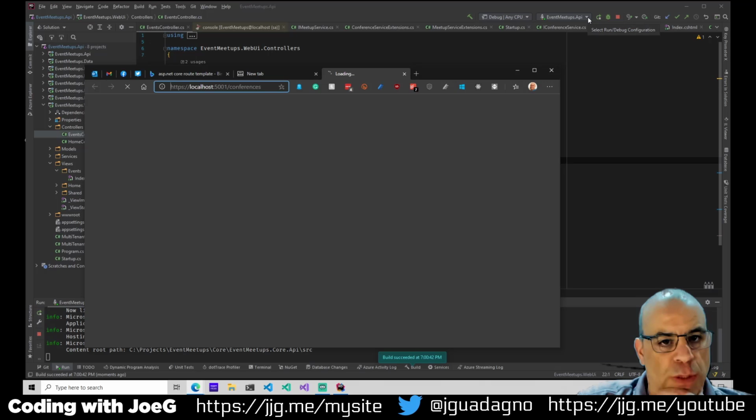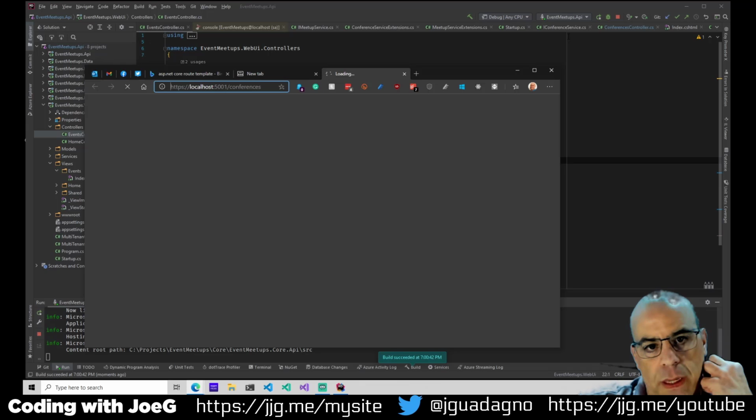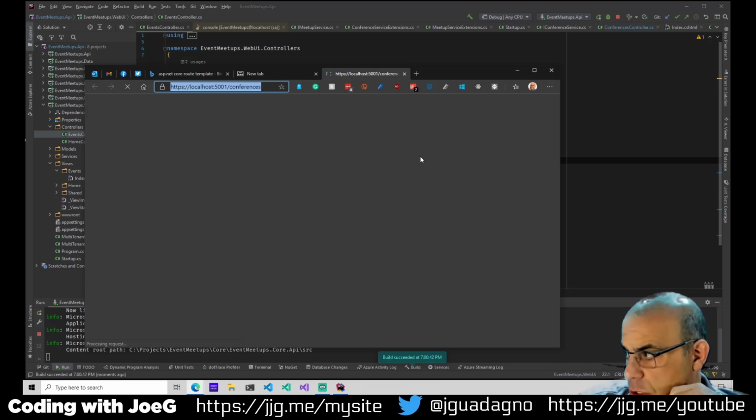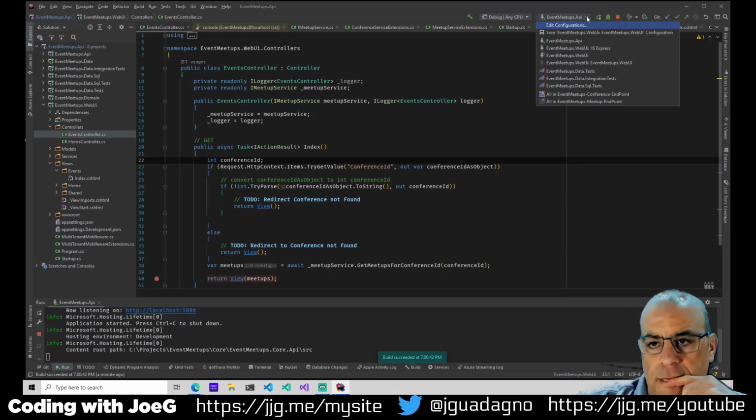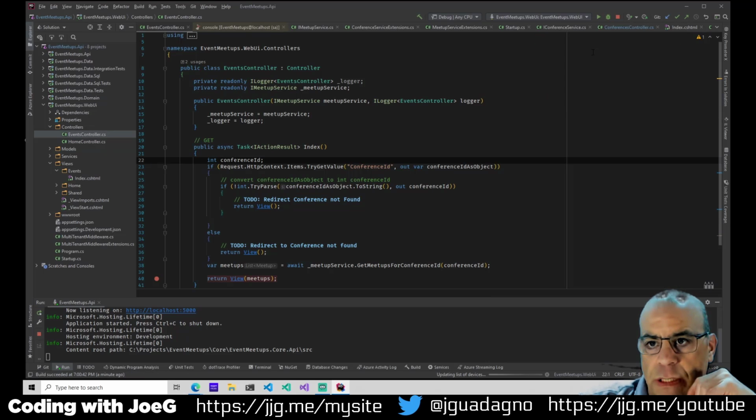And I had to change the ports on this app too, because we're running the web service and the actual event. And eventually it will start. Let's go and start the web UI based one.